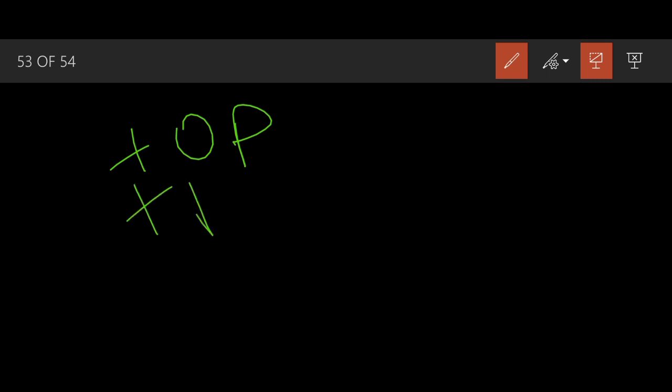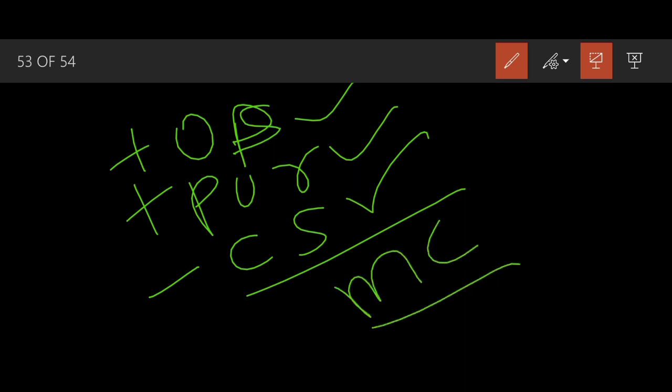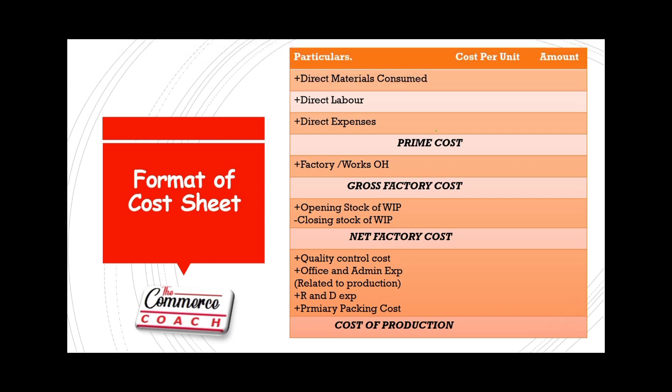You might have purchased also some of the amount during this current year. Then you will be having some closing stock, opening stock and closing stock. Now if you add opening stock with purchases and minus closing stock, then you will be getting material consumed. So like this we will be calculating, that we will be seeing in detail when we will be doing the questions part. Okay, now direct material consumed will come at the first.